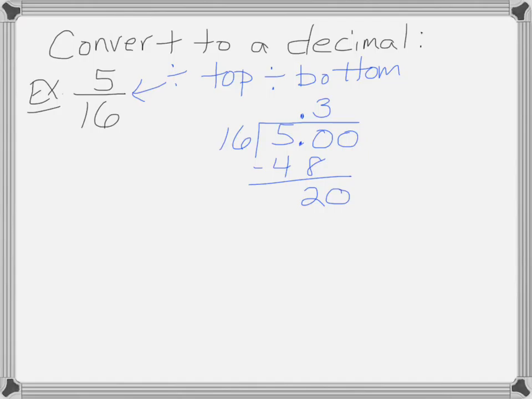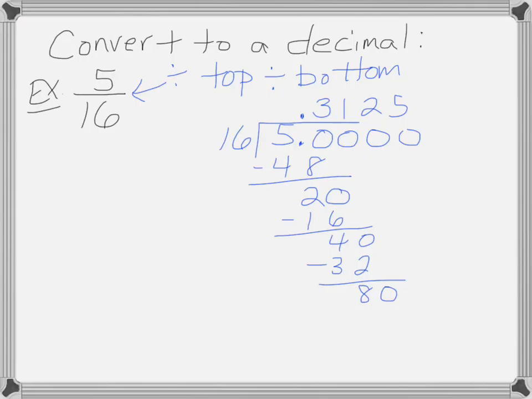So another 0. 16 goes into 20 once. And subtract, that's 40. Keep going. 16 goes into 40 2 times. 2 times 16 is 32. Subtract. Add another 0. 16 goes into 80 5 times. And 5 times 16 is 80. So we have 0.3125. If, when you keep going with your zeros, you get to a 0 remainder, we say